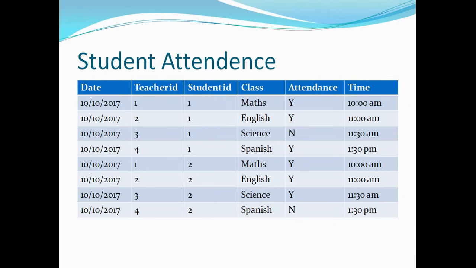So I have a student attendance system that has my date key, my teacher key, my subject, the class, the time, and the attendance. Here, how we can gather meaningful information is, let's say I want to make sure that only those students who have more than 75% attendance can sit for the exam. So what I can do is group by these dimensions and take a count, and if the count exceeds 75%,